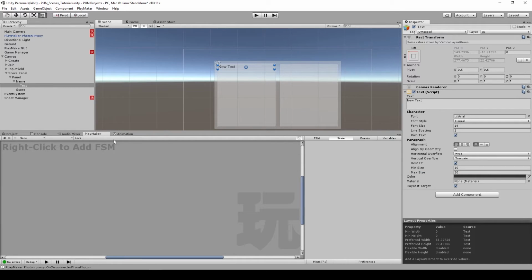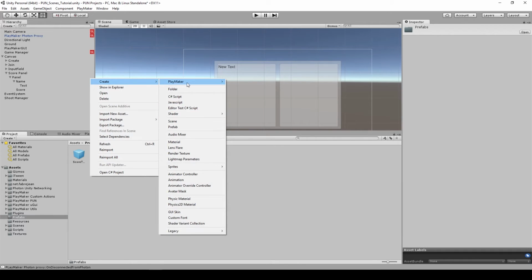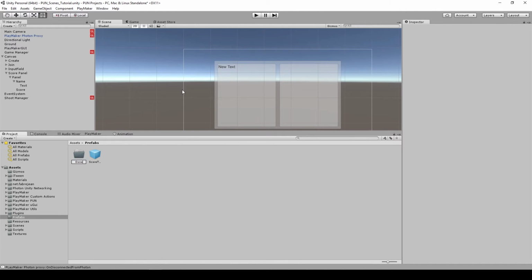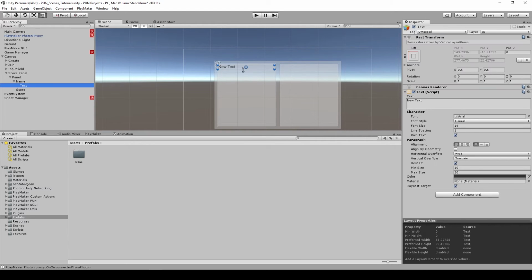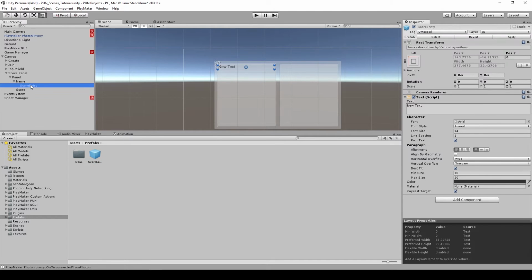Okay, so now for this text we are going to save this as a prefab. So I'm going to create a new folder. This is for the done project, and drag this back. This is the prefab that I've tested before. So okay, here I'm going to drag this prefab, and I'm going to rename this score entry. Okay, so let's delete this,